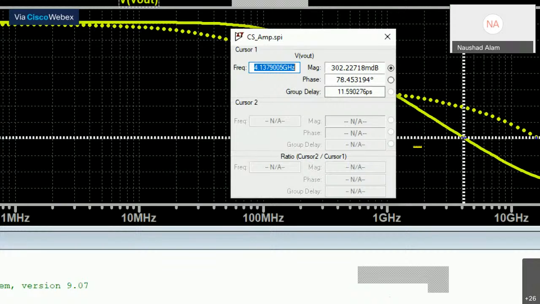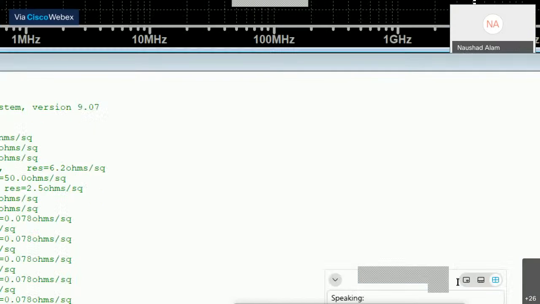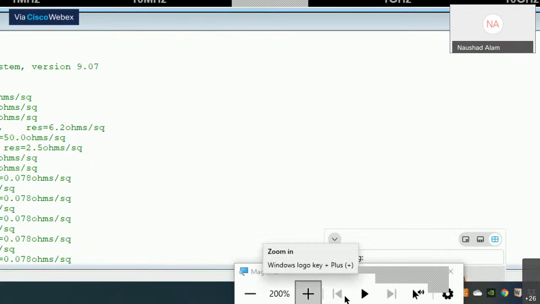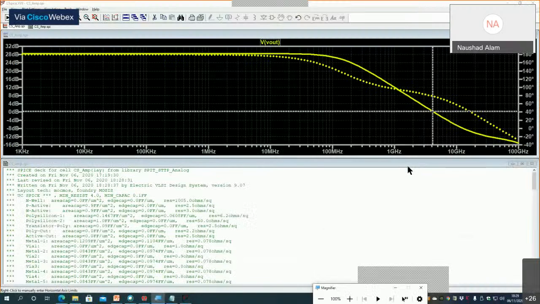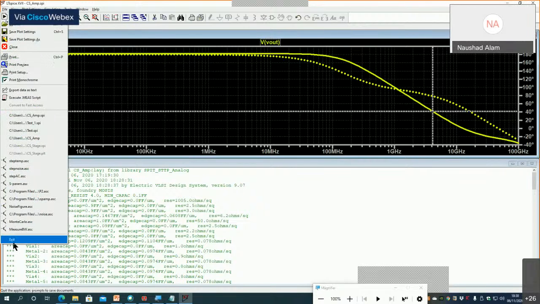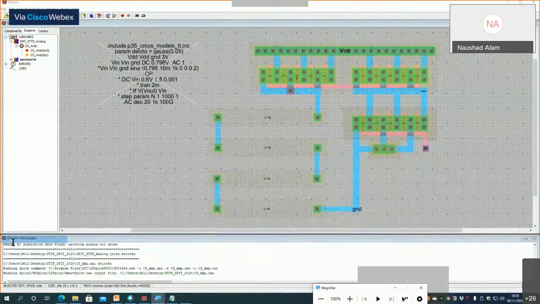If you remember, from the pre-layout simulation, we had got a unity gain bandwidth much larger than the post-layout simulation. So we can actually verify that. I am noting down this value: 4.13 gigahertz is the unity gain bandwidth of this common source amplifier that we are getting from post-layout simulation. So let us go and do the pre-layout simulation also, and again measure the unity gain